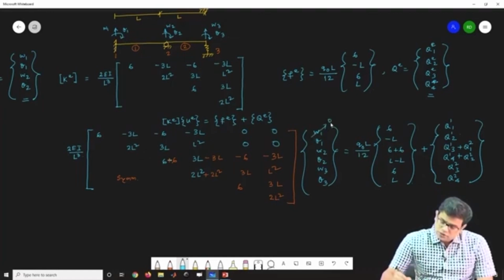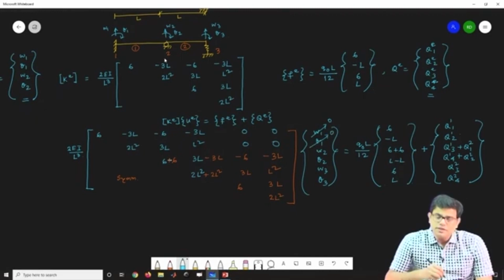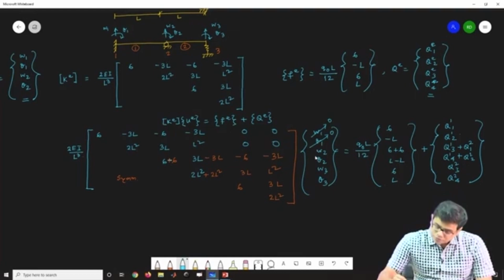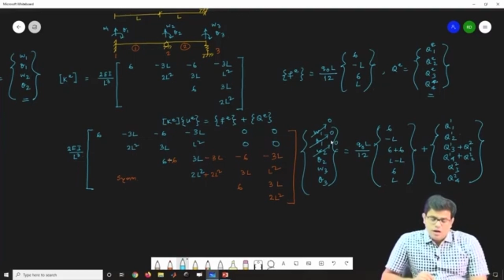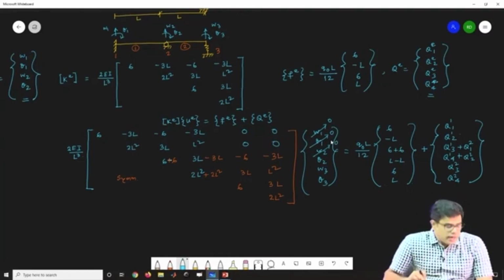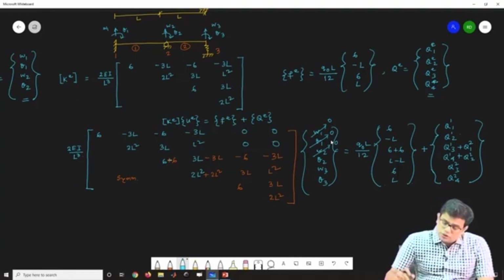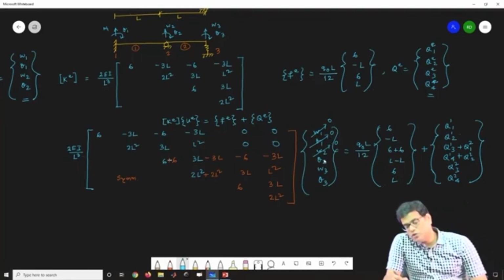So this quantity goes to 0, this quantity is also 0. Now similarly, W2 displacement is also 0. So W1, theta 1 and W2 are all 0. So you have only 3 unknown degrees of freedom,